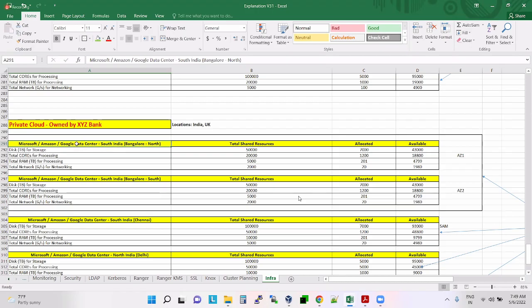Whose data center is this? It is the XYZ Bank data center. This is not an Amazon or Google data center, guys. Maybe they may not be having this many here.